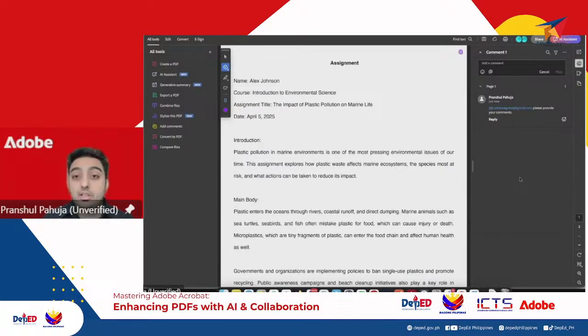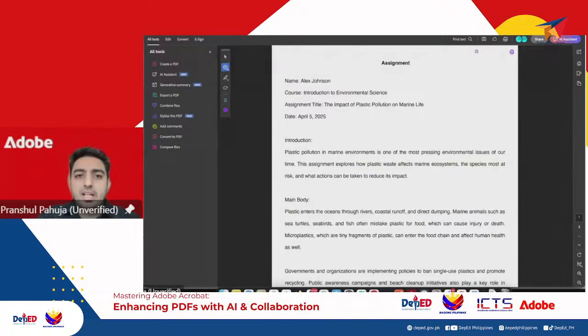So you can use this feature. It's actually quite a nice feature if you want to collaborate on documents, you want to co-create, and you want to make sure that you're getting these kinds of approvals from the right set of people. You can do that using Adobe Acrobat as well. It takes a couple of seconds for the syncing to happen based on the speed, etc.